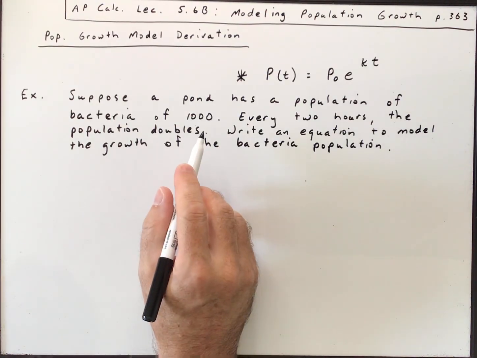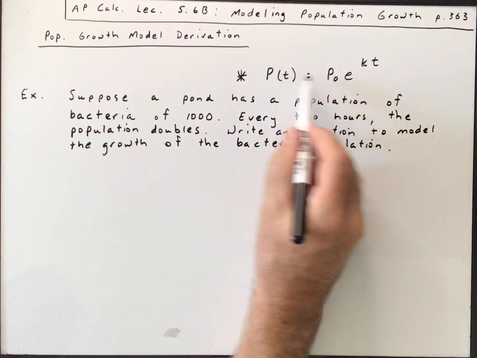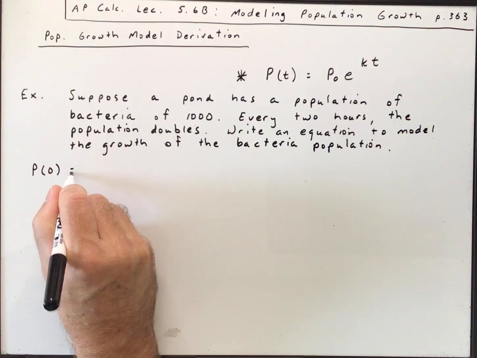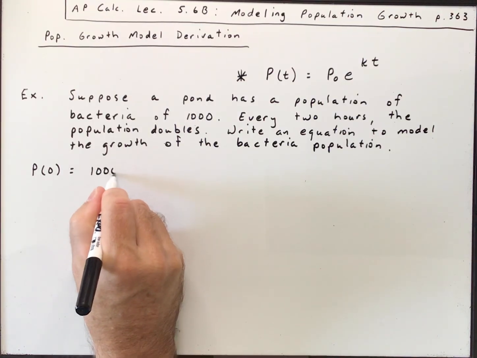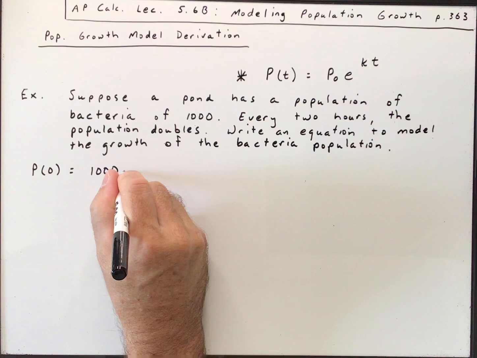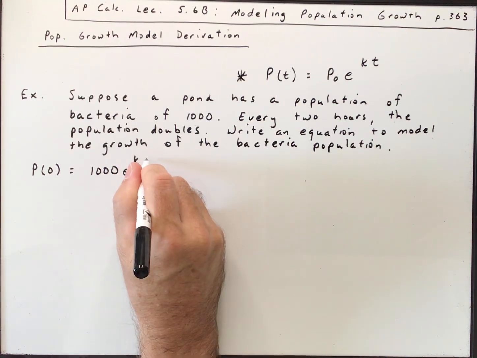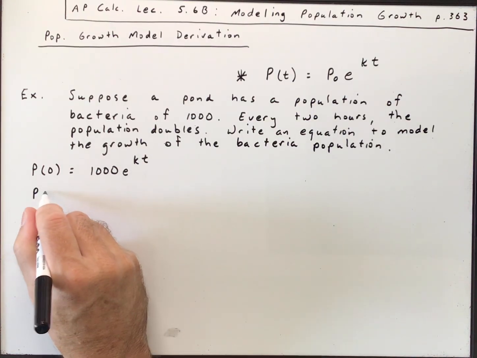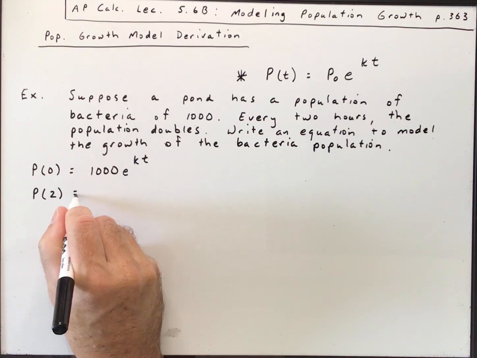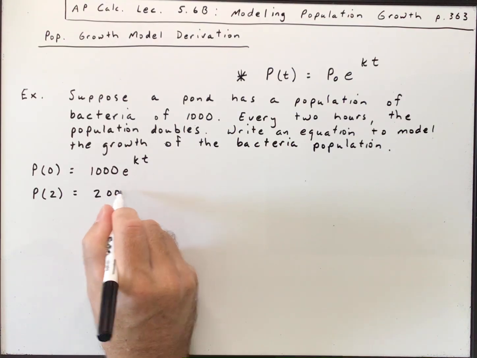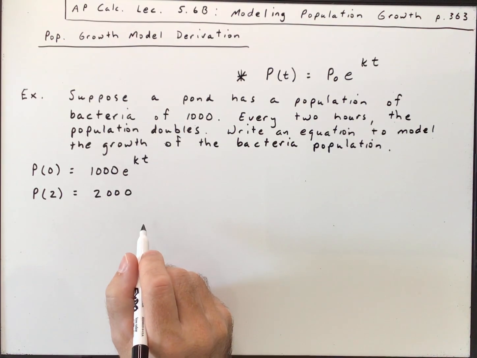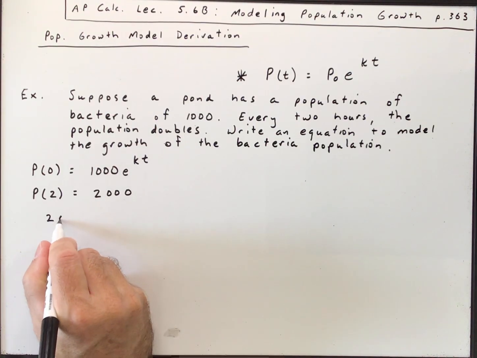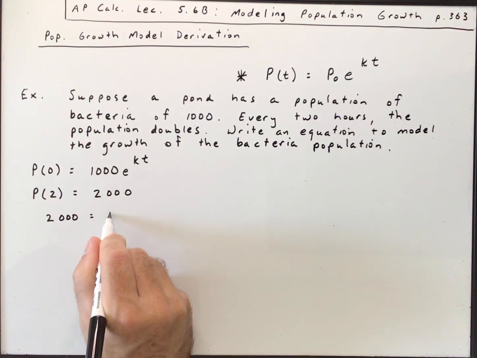Okay, we have an initial population of 1,000. So using this, we would have P of 0, at time 0, is equal to 1,000, our initial population, times e to the kt. Now P of 2, so at 2 hours, we know that the population doubles, so it's 2,000. So we can then fill that in. P of 2 is 2,000, so we would have 2,000 is equal to 1,000